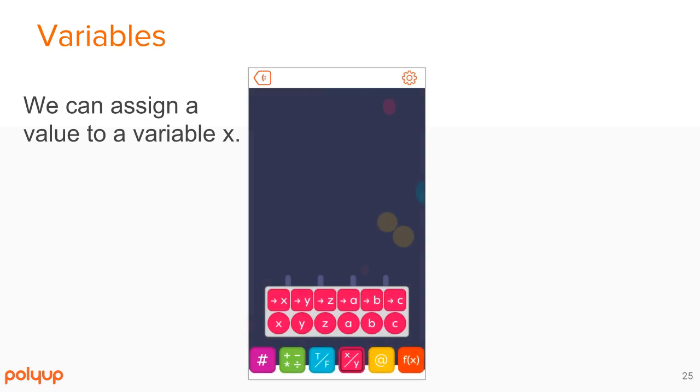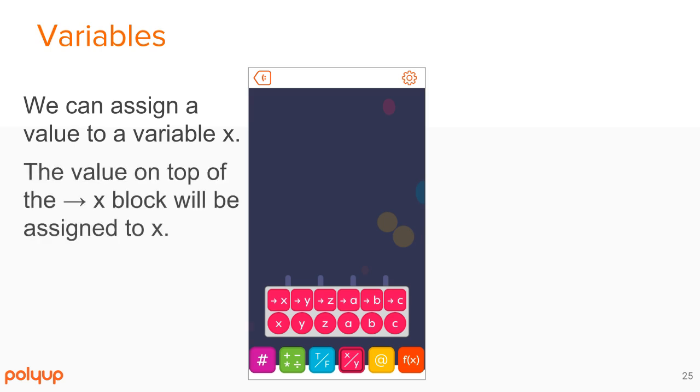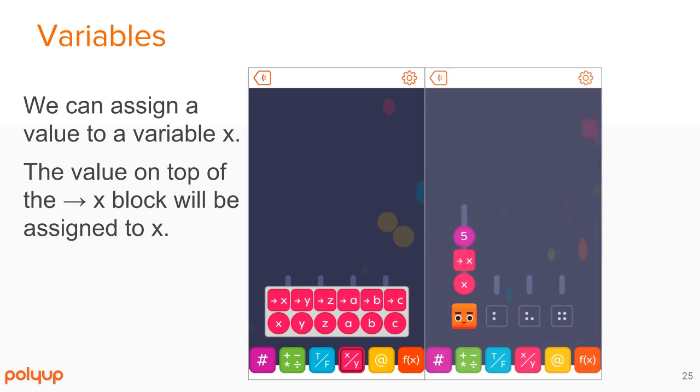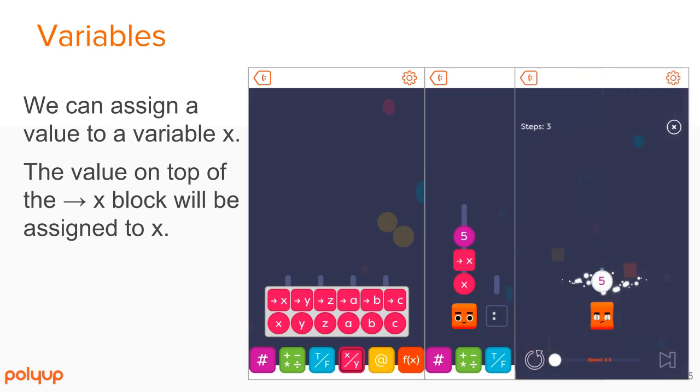Assignment blocks are red squares with an arrow pointing to the variable name, and recall blocks are red circles. Assignment blocks behave a bit like operators, but they take one input and don't produce any output. Recall blocks, like other circle blocks, simply store a value and turn into that value when the program reaches them. In this simple example, the assignment block stores 5 in the variable x, and then the recall block turns back